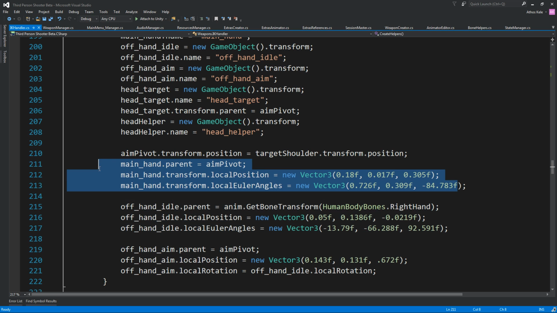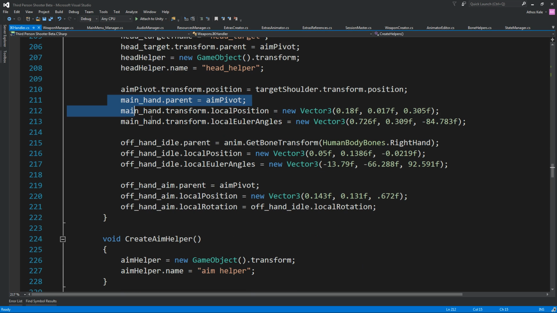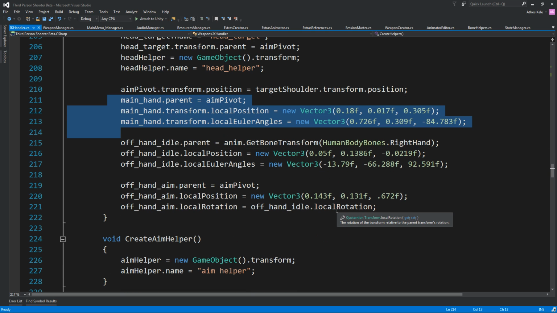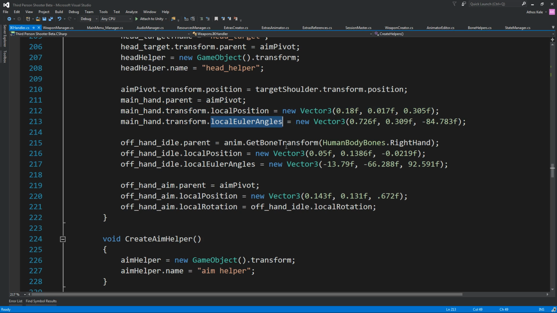You do not have to write any of these values, or you can just ignore all of this, since the next frame or a little bit later inside the code we just load the weapon, so it's just going to override all of this. So in theory you don't even need this. This is just to have something to start to work with, or when you are debugging or stuff like that. And again, the same with the offhand